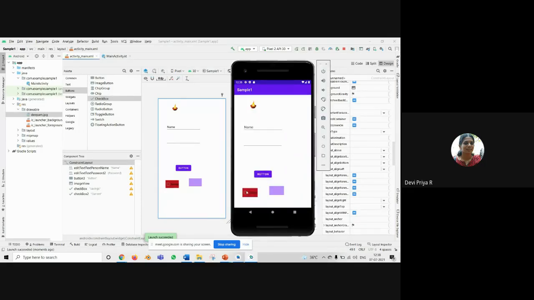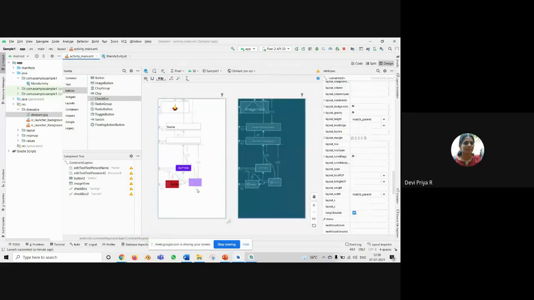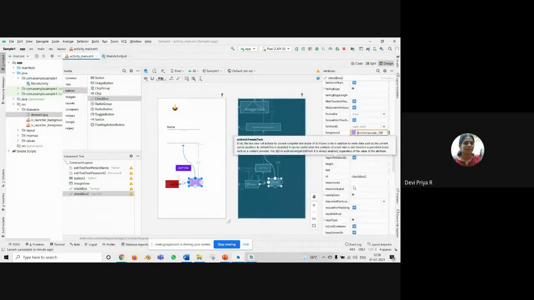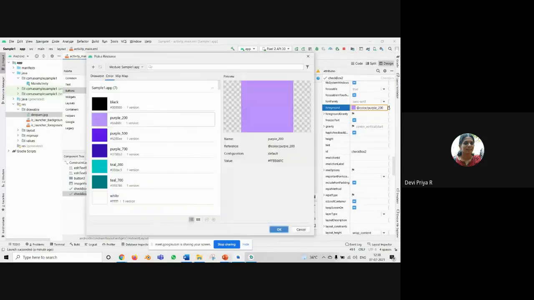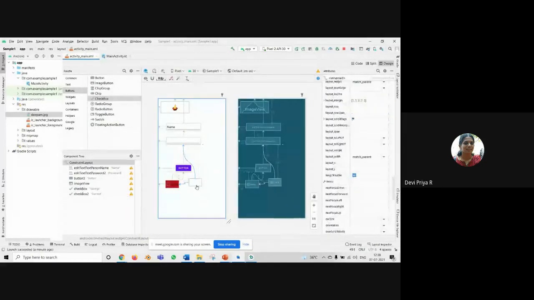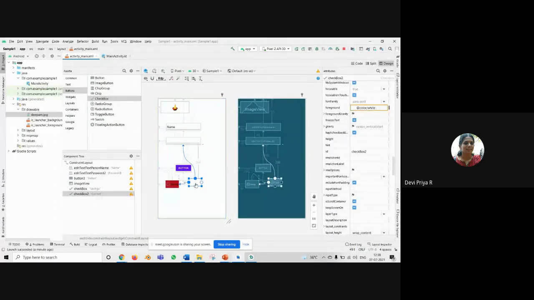See how this savings button looks, and since I have changed the foreground color, it is not visible. You can specify it. So whatever you wish to do, you can customize.